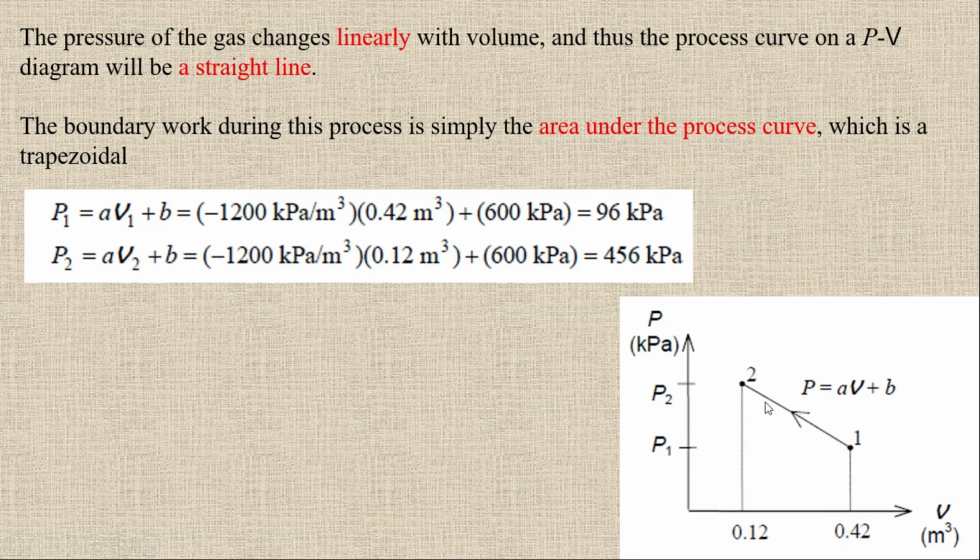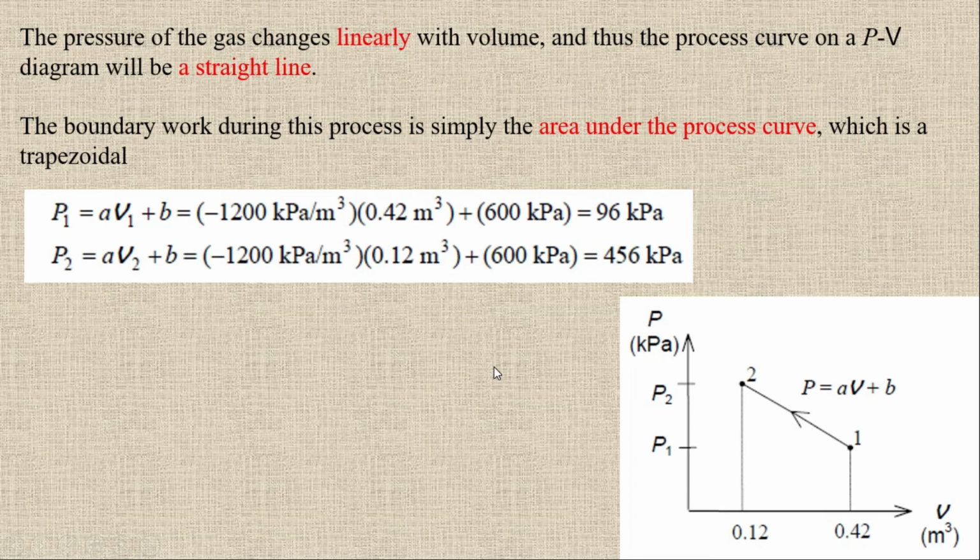So for the work done, I have to check the area under this line. Right now, we can see that we have a trapezoid here. Either you can use the direct formula for the area of the trapezoidal shape, or you can construct a rectangle here. If I draw a line here, it will be a rectangle plus a triangle. So I can get the area of this rectangle plus the area of this triangle and you will get the complete work.